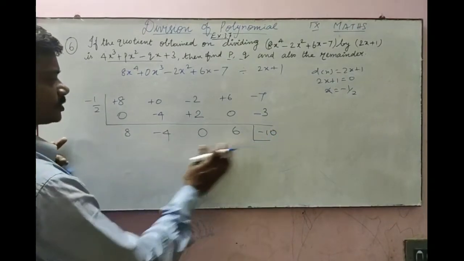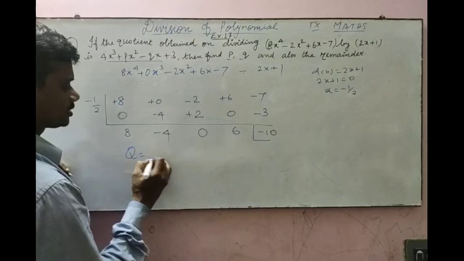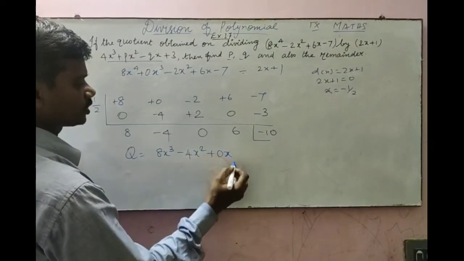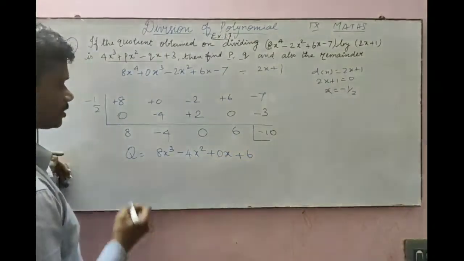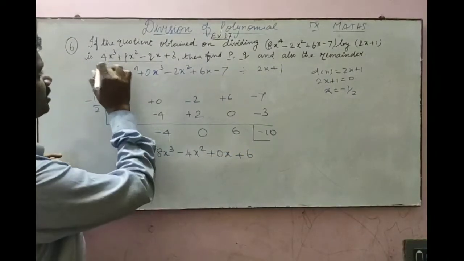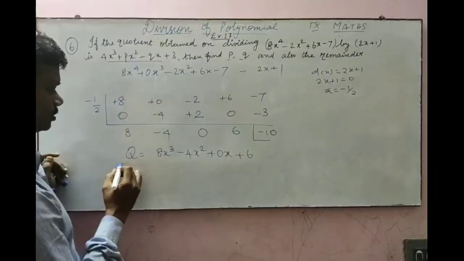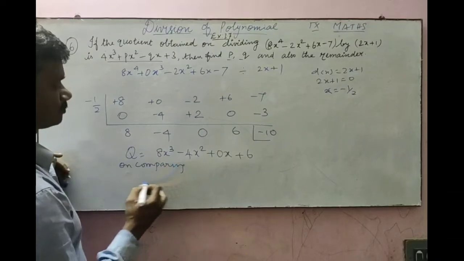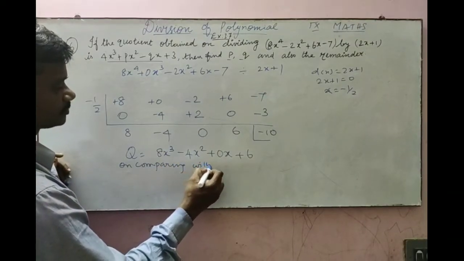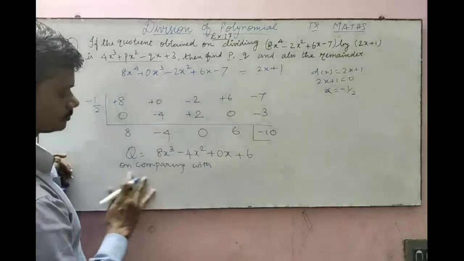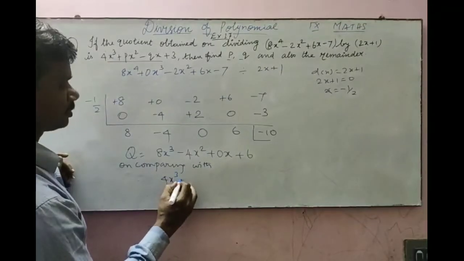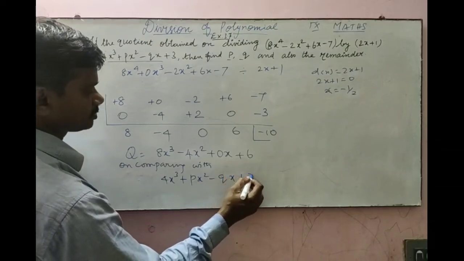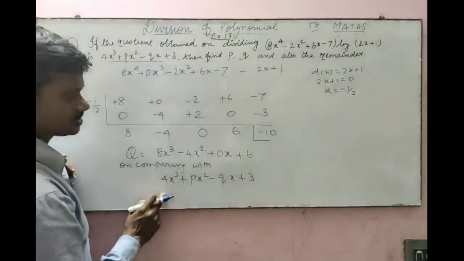Now I am going to write the quotient. What is the quotient I get? 8x cube minus 4x square plus 0x plus 6. On comparing this quotient with the given quotient. So this is the given quotient. On comparing with 4x cube plus px square minus qx plus 3. On comparing this,